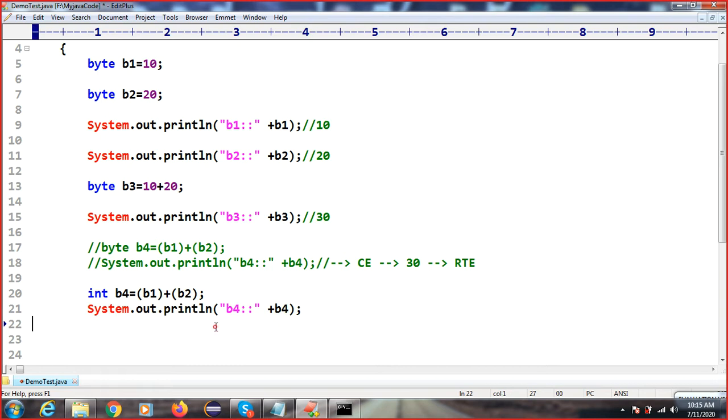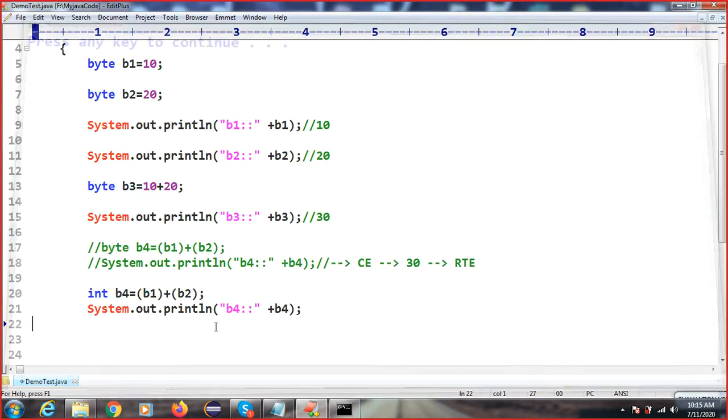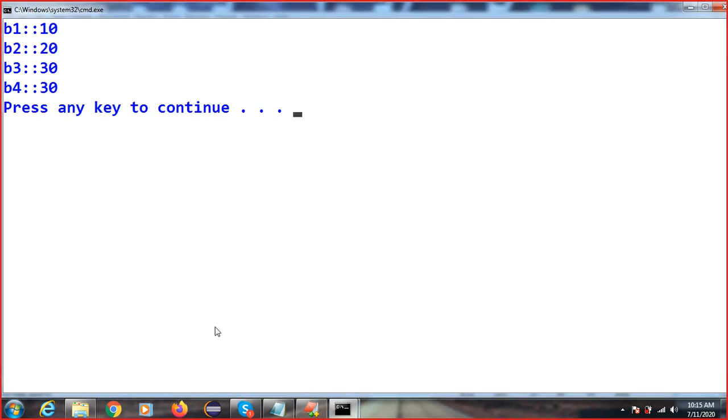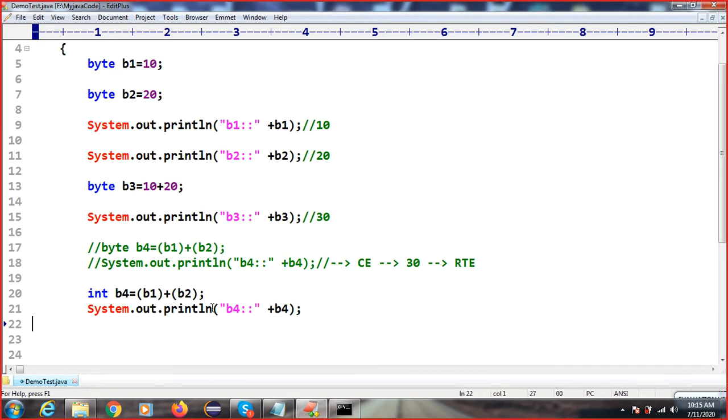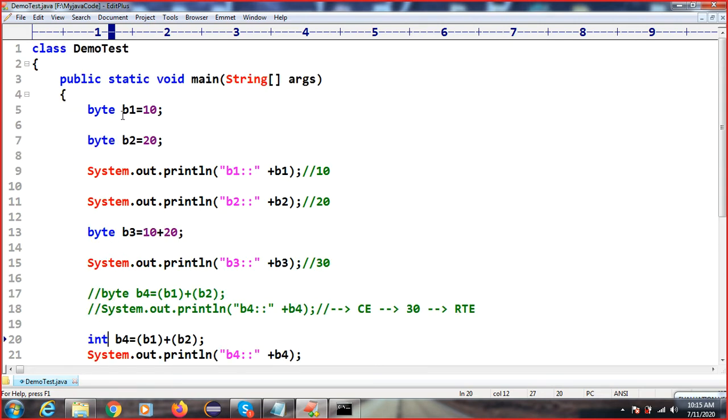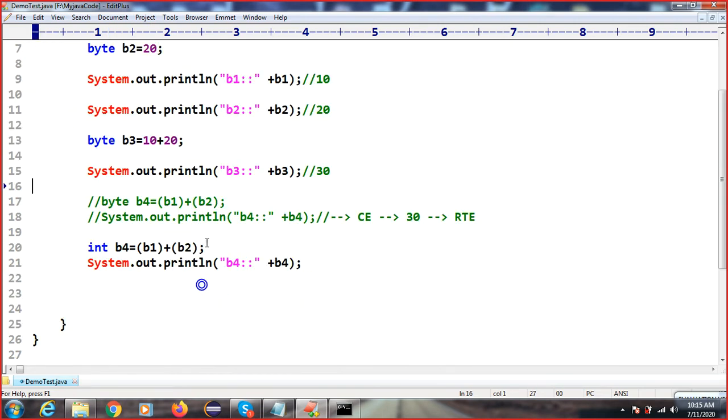Okay. So now what will happen if I compile this code? Now I am able to compile and execute. I'm getting the 30 output. The question is why? Here we were getting a compile time error, but here we are not getting any compile time error, because this is byte with a size of 4 bytes and you are storing 2 bytes. So it is comfortable to store the value. Got it right? So this is the byte type.